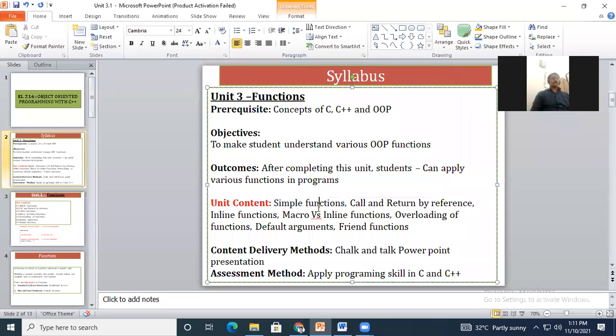Can you list out the different types of functions, so that I am able to know how much you understood or how much you are able to recall it? So just tell me the different types of functions. Anyone?